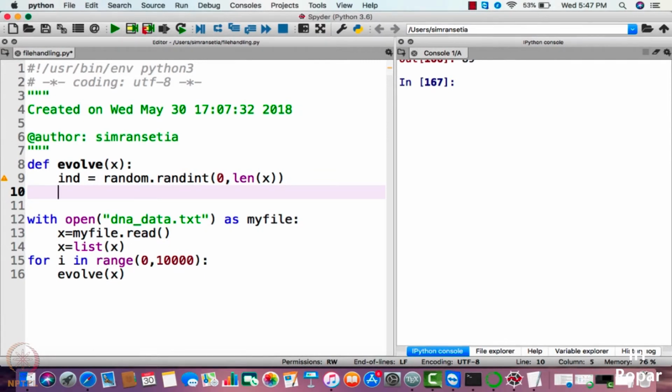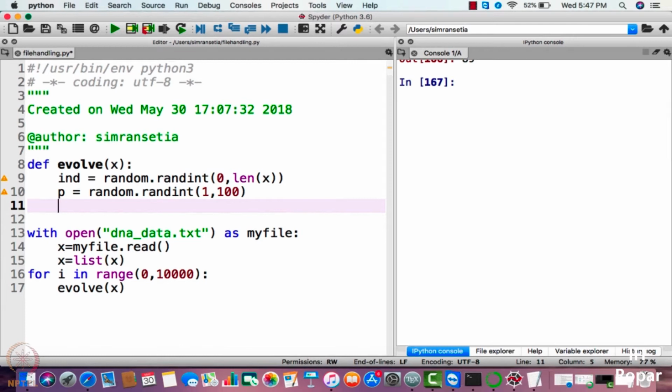Then I also need to generate another variable randomly here. I'll call it p. I'll again use the randint function here, random.randint, and I need to generate it from 1 to 100.